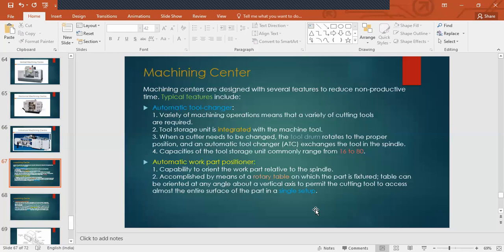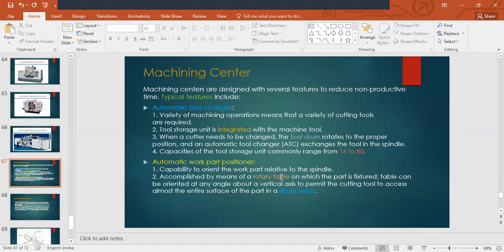In a single setup, you're trying to orient the workpiece in such a manner that the tool can process it, right? So that you need not set it up again and again. So the orientation should be so, okay.